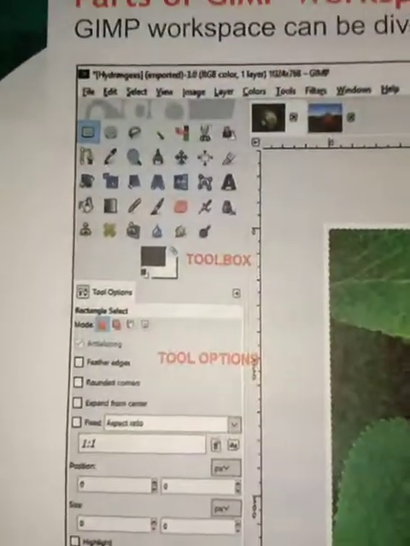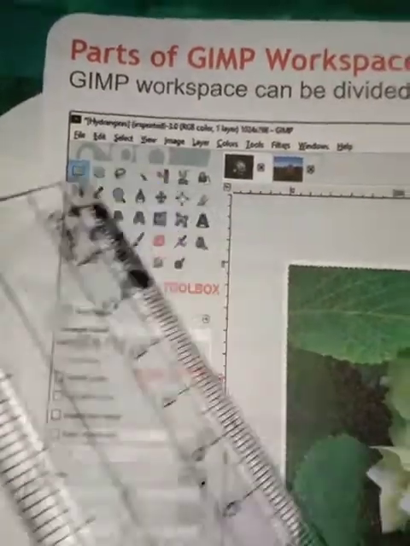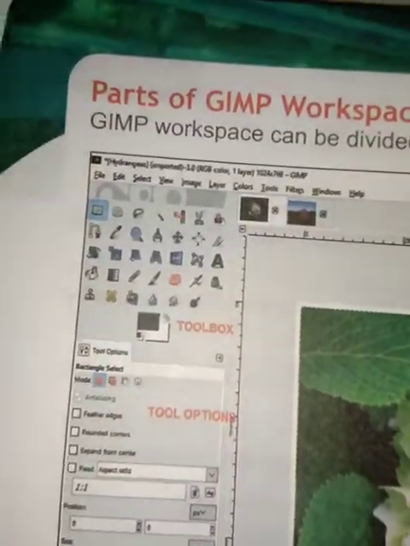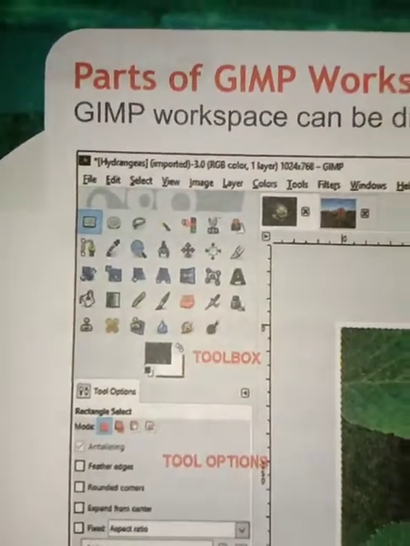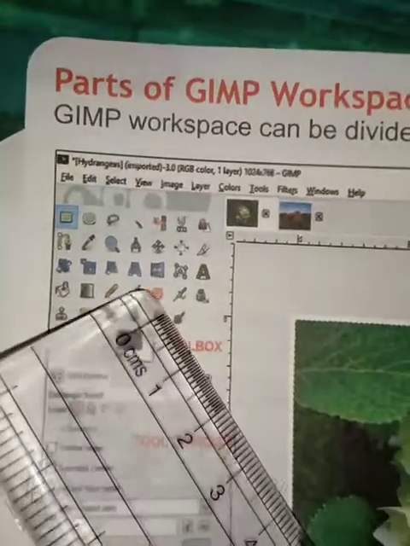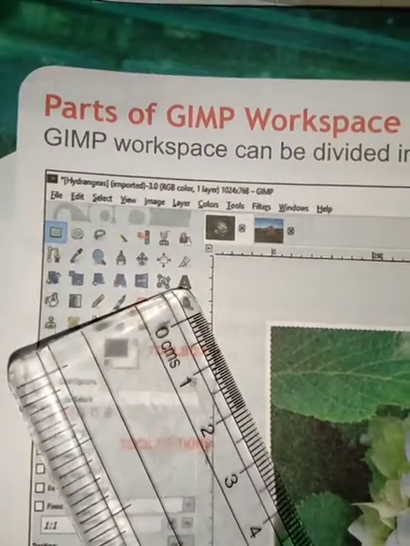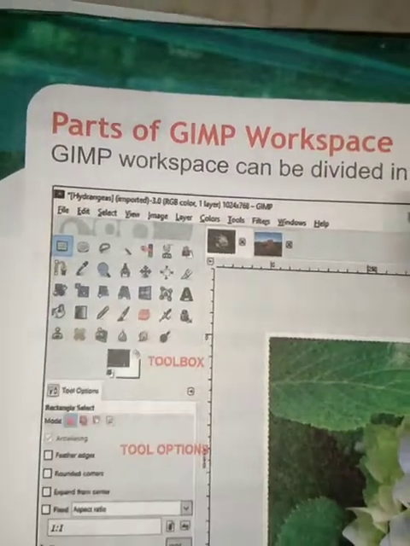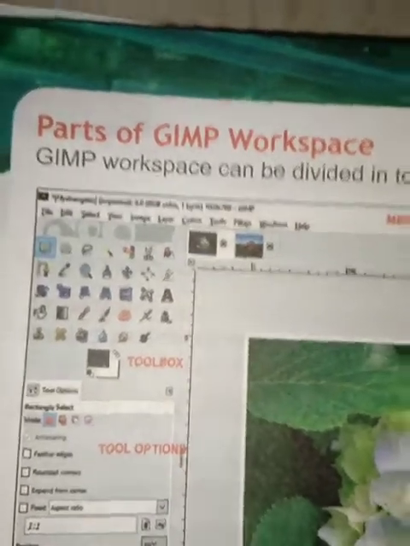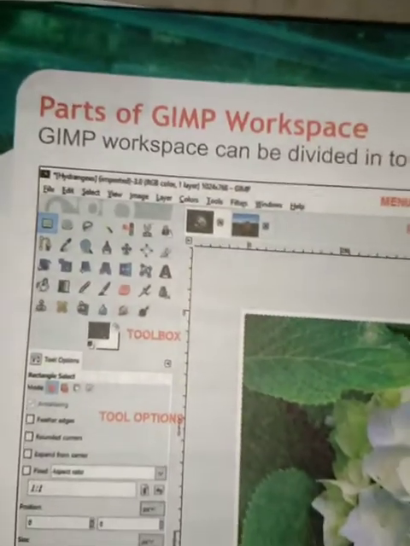And here is your toolbox. Like in your paint software you have tools like brushes, pencil, eraser, inks, text, so many tools are there in your toolbox.